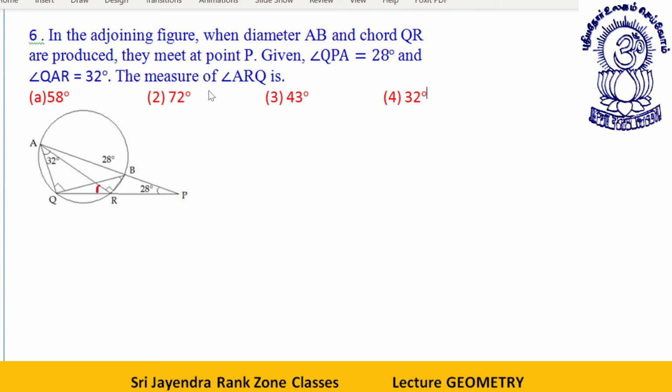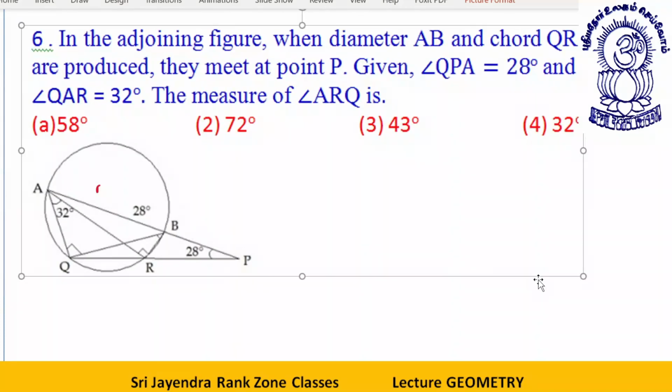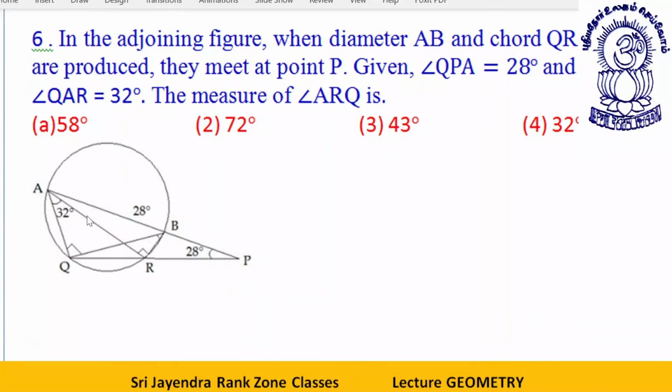Okay, dear students. Genuinely, this is a tricky question, and you just have to get hold of one small concept, and you will be easily able to solve it. We are given this sort of triangle. This is the diameter. This is 90, this is 90. Why? Because AB is the diameter, AB will subtend an angle of 90 degrees. This 28 degree doesn't have anything to do over here, so let's remove it. Now, this angle is 28 degrees. This angle is given to you as 32 degrees.